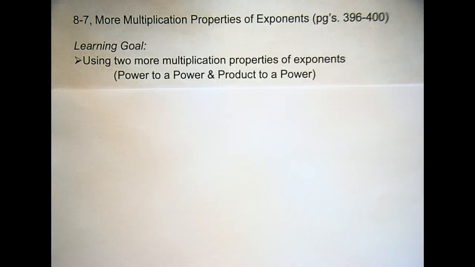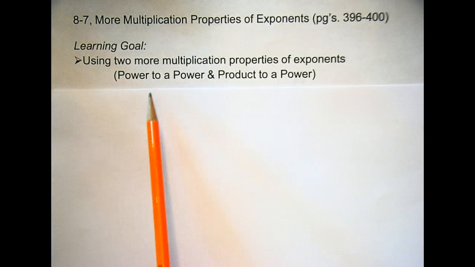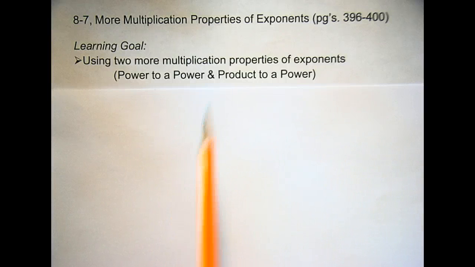Today we're going to be talking about 8-7. It's a little more multiplication power properties of exponents. It deals with a power to a power and a product to a power. So yesterday we just dealt with multiplying,